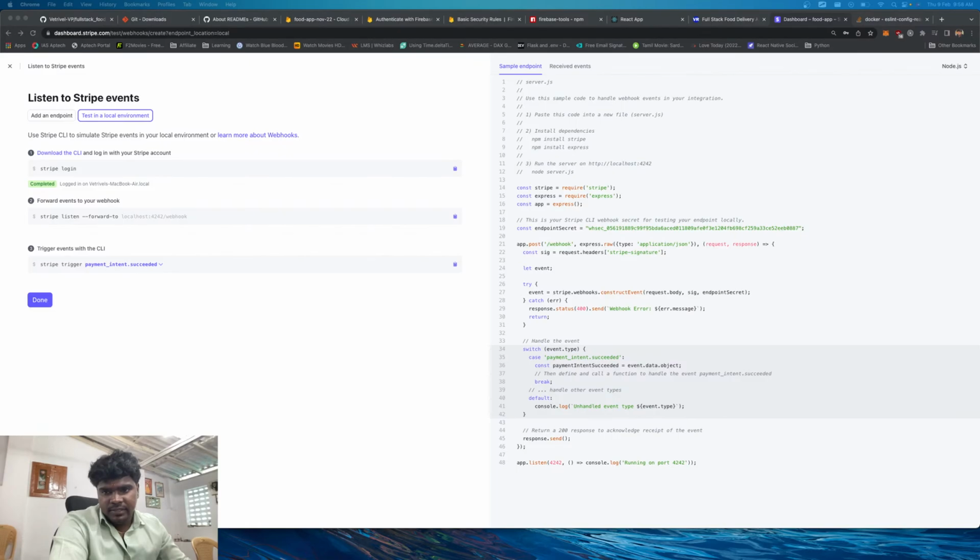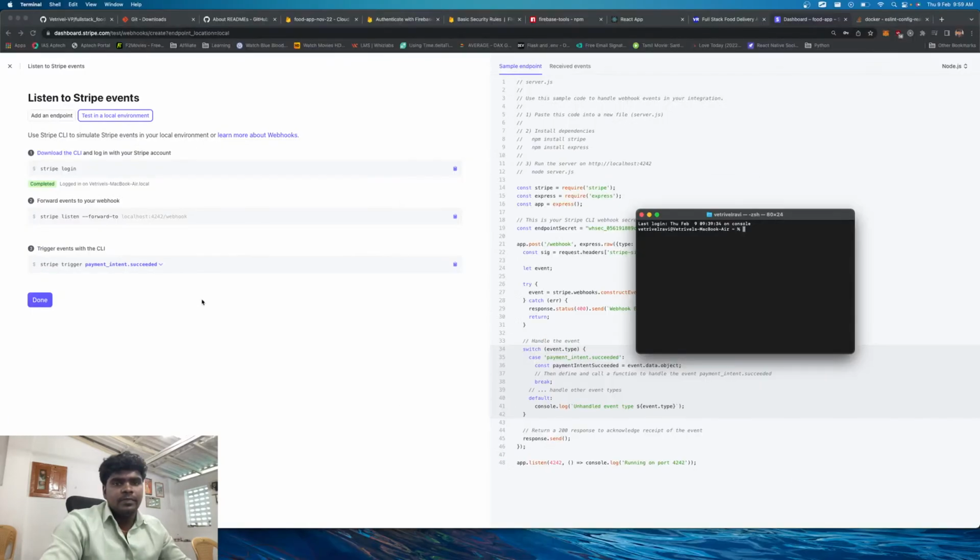Where is that? Index over here. Just a moment, let me copy that link and paste it. So I copied it. Where is that terminal? Over here. So now what we need to do is paste that link. So this will constantly listen to this local host. In case it is in production mode,